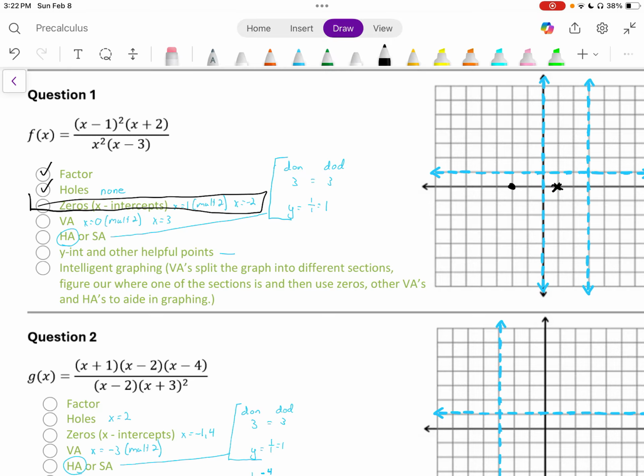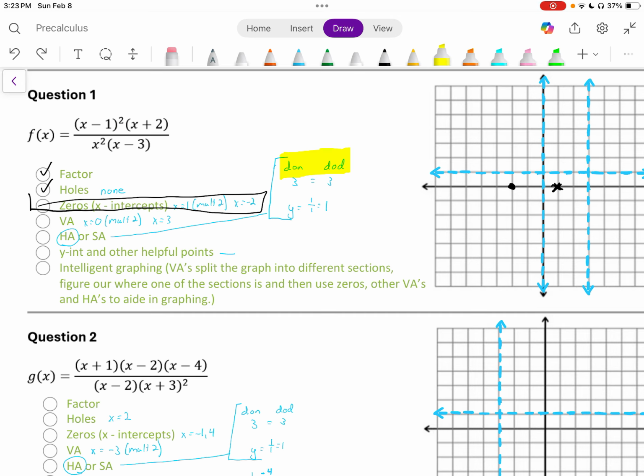Horizontal or slant, we need to look at the degree of the numerator compared to the degree of the denominator. This gives us an x squared times another x, so that's x cubed. The degree of the numerator is 3, which equals the degree of the denominator, which is 3. And so when that happens,